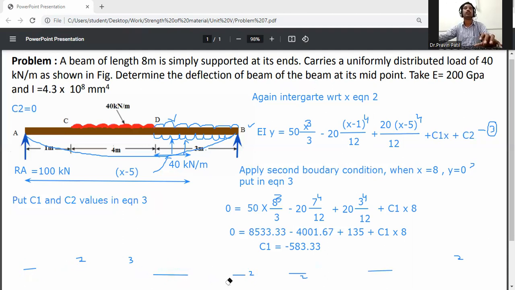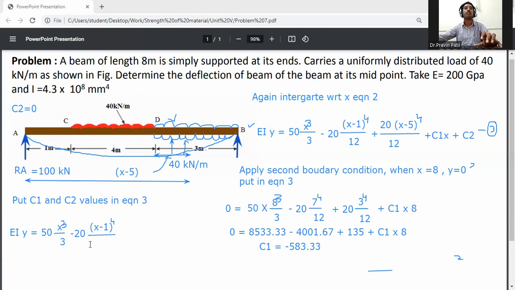So I will write down the deflection equation. EI y is equal to, that is equation number 3, 50 into x cube divided by 3, minus 20 into bracket x minus 1 raised to 4 divided by 12,